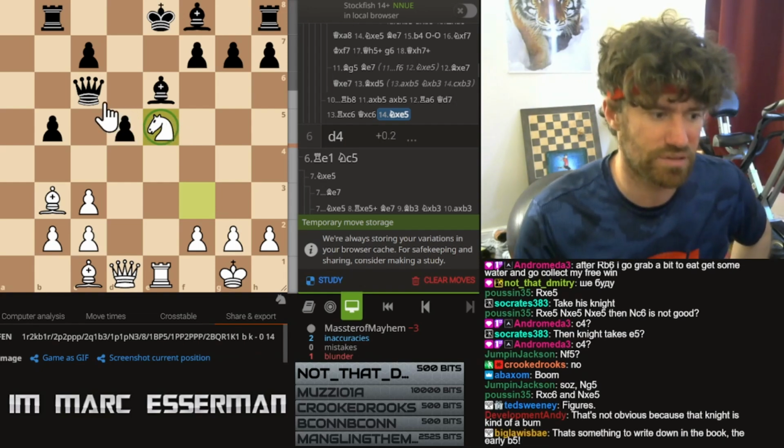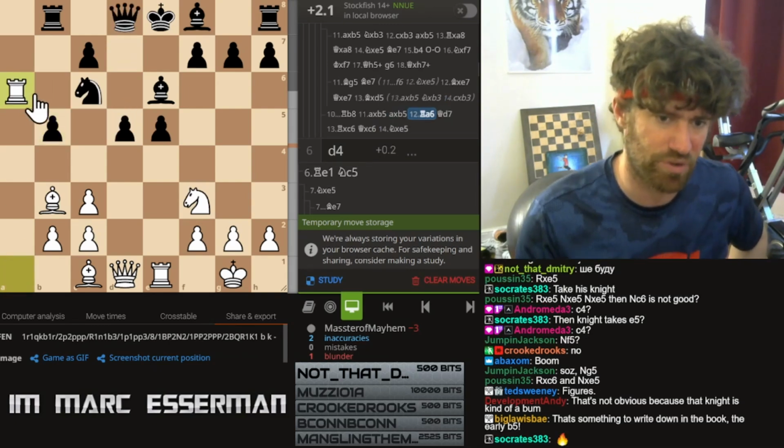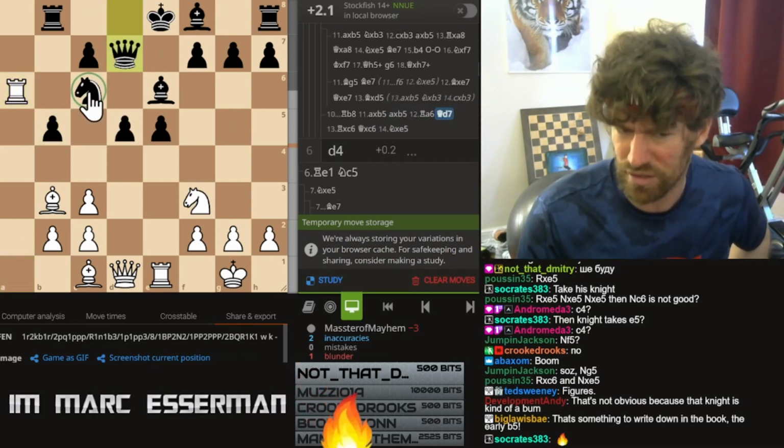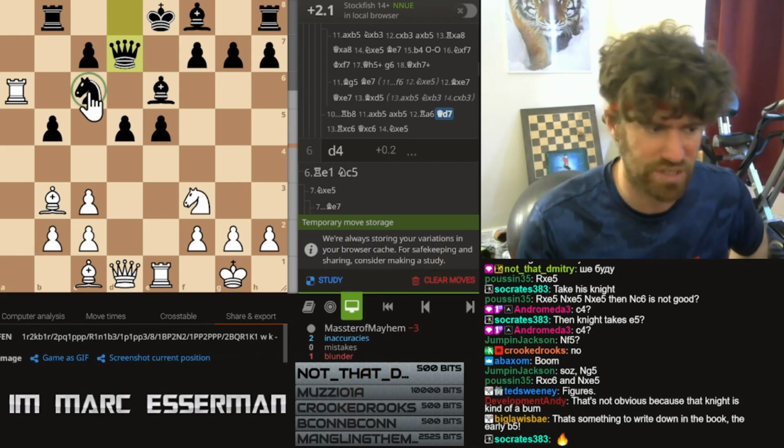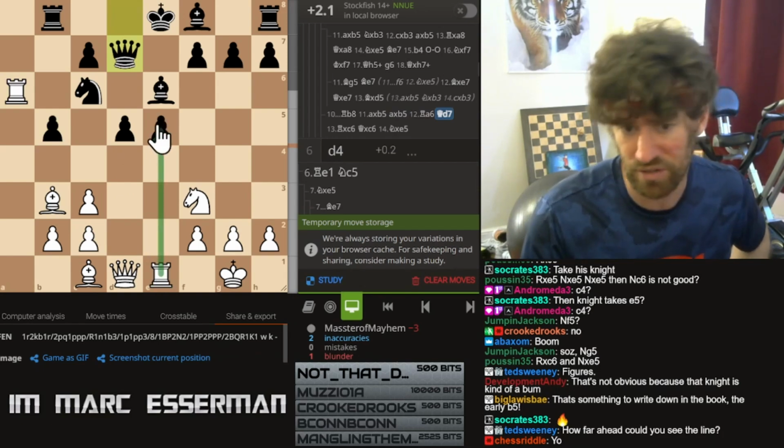But it's not obvious because the knight is a bum. I agree. You're giving up a monster rook for the knight, which is this kind of pathetic piece. And obviously this move, rook e5, doesn't work. So why does